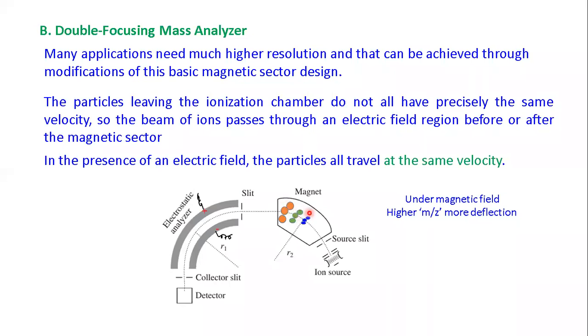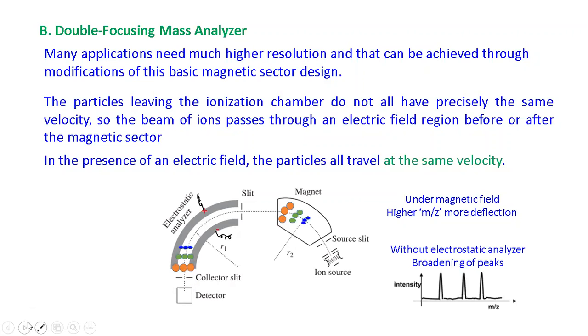And then you have the moderate size, and then you have the smaller size. So this is the situation we'll observe when they will be passing through the magnetic sector. Now, what we observe here is that for a similar type of ions, they will not have precise velocity. So they will have certain tiny changes in their velocity. And due to that, what will happen is,